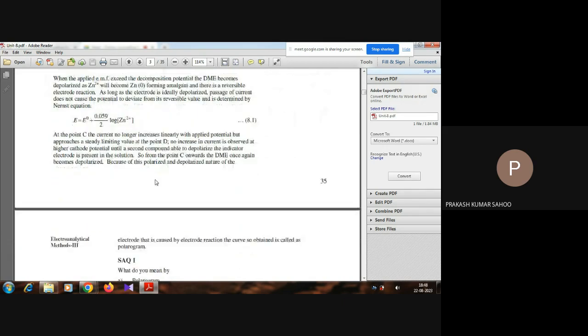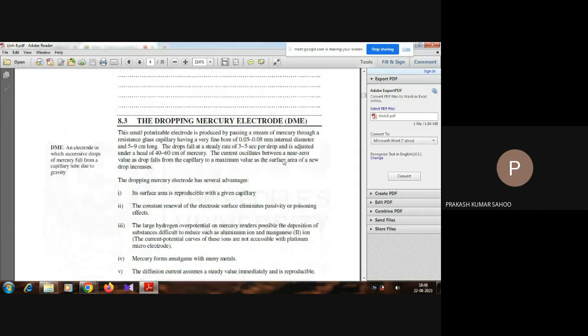So the Nernst equation becomes this one, 0.0591 by 2 log zinc 2 plus concentration. Then let's have some knowledge on the electrodes, that is the dropping mercury electrode. What are the advantages, how it looks, what are the internal parts and what are the different dimensions